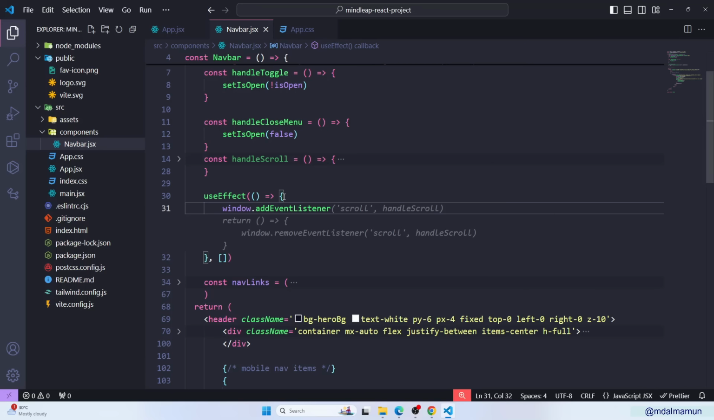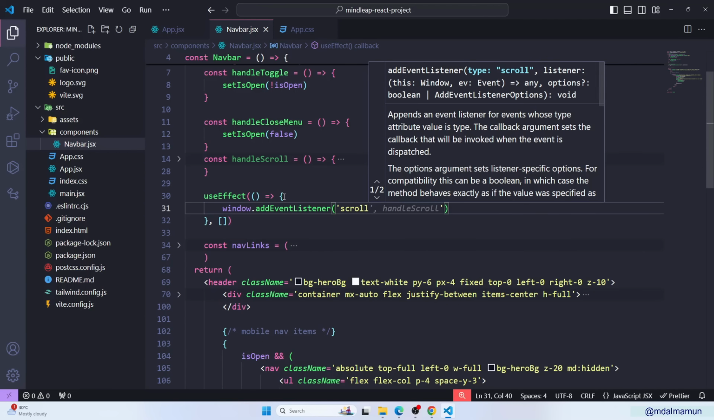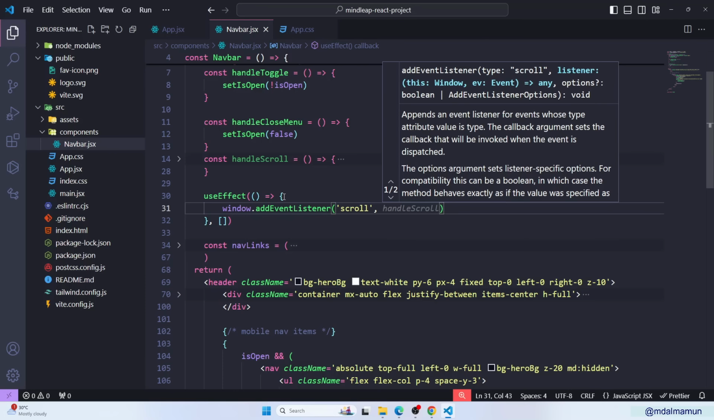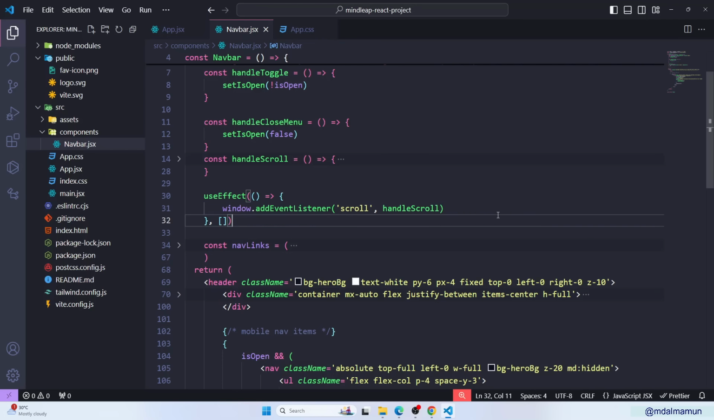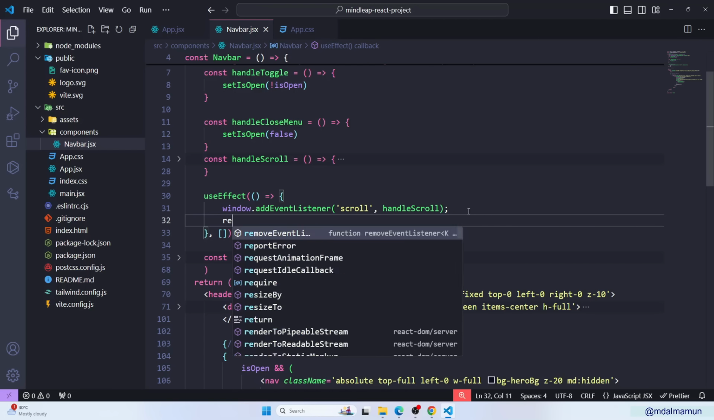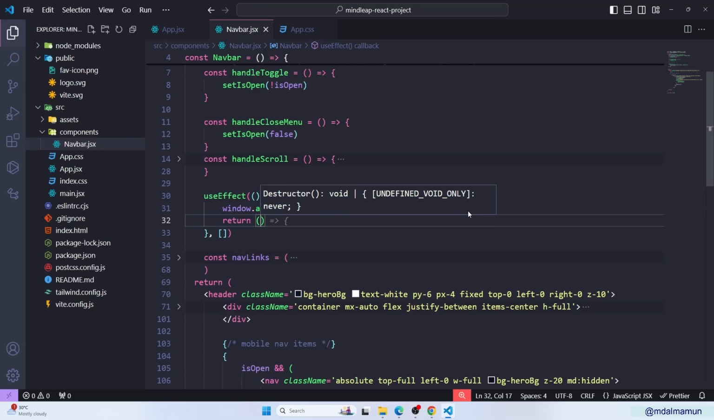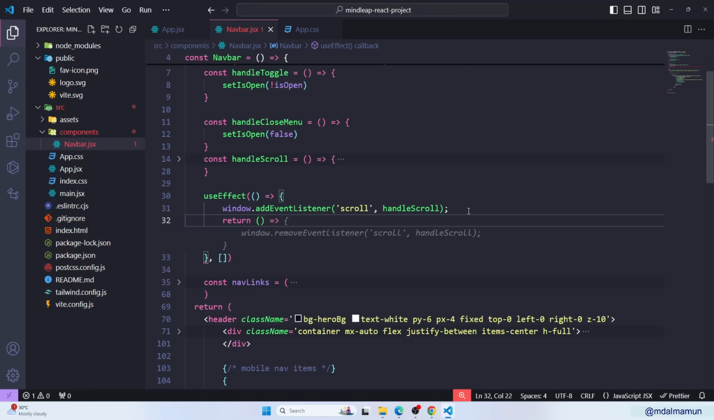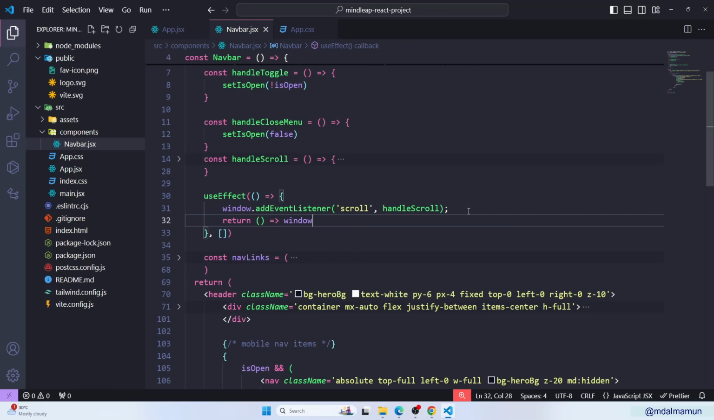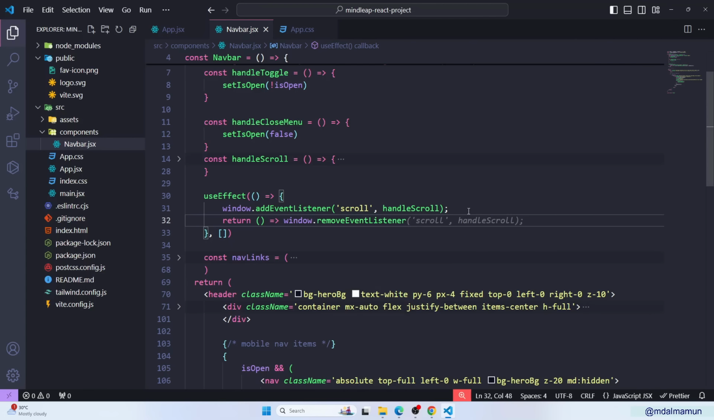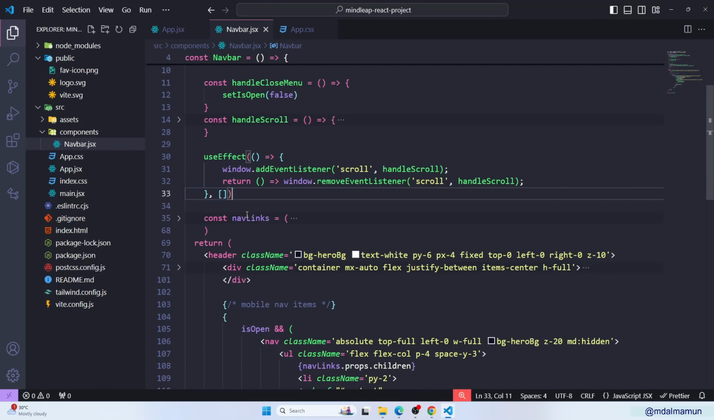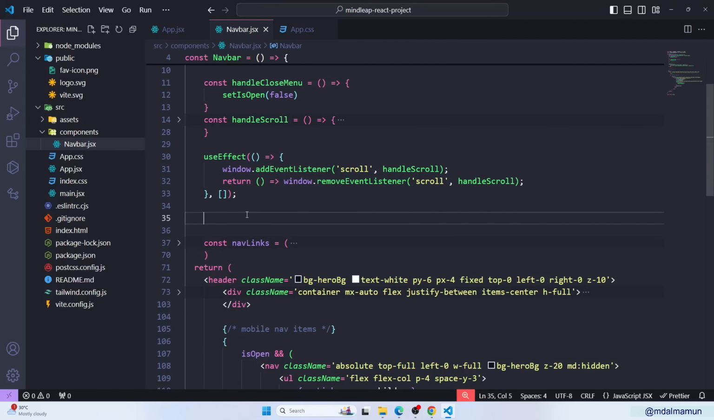Here we'll have scroll, then we'll call the handleScroll function, and after this finally we'll have to return a function from here. So that would be window.removeEventListener, and that would be handleScroll, something like this. And finally we will have another function, so that would be const handle